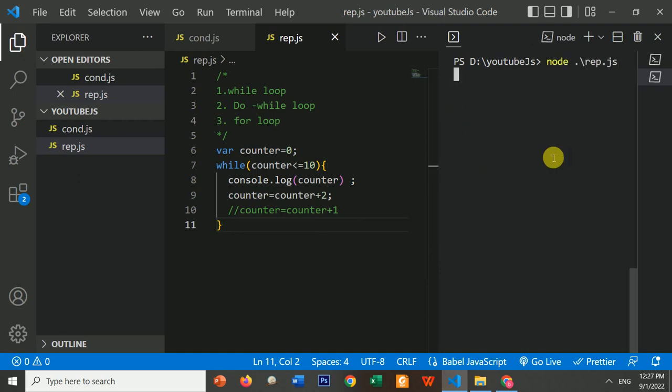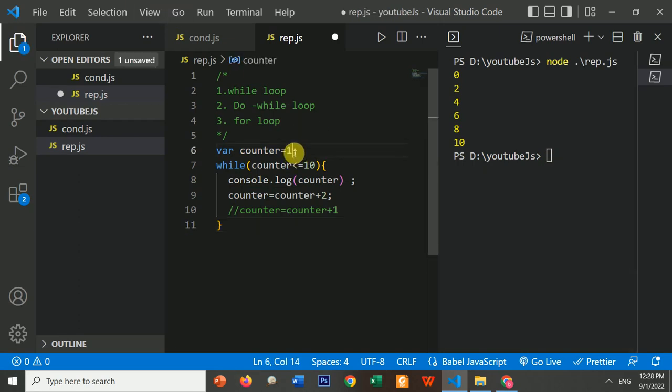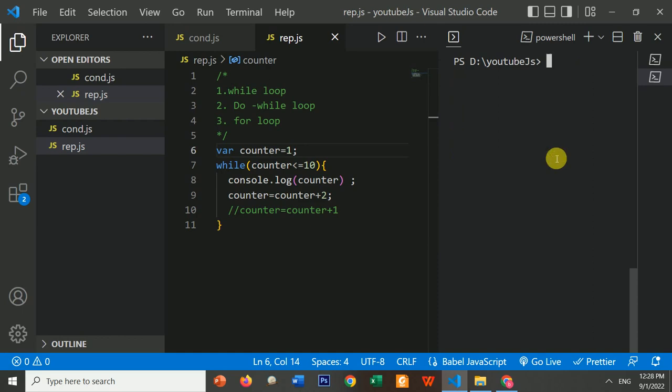Okay. 0, 2, 4, 6, 8, 9. If I want to make it odd numbers, I am going to start with 1 and leave the others as they are. So let me clear the screen. And yeah, 1, 3, 5, 7, 9 are the odd numbers. Here we can do it with